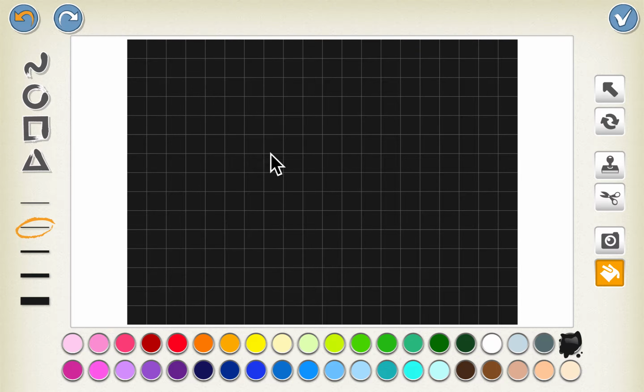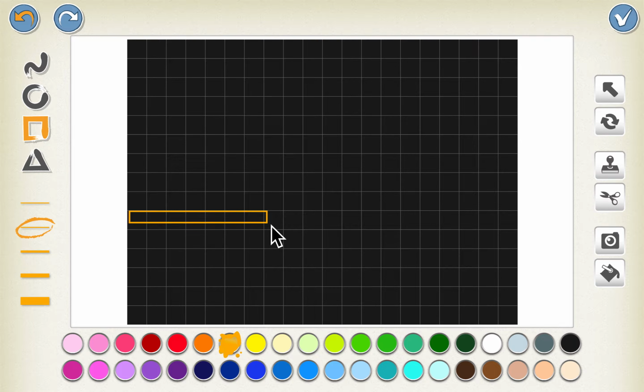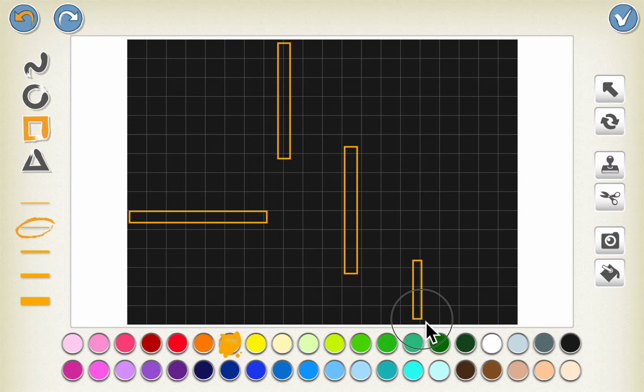Now we have to make the hurdles in the form of walls for the Pac-Man game. Let's click on the square box and select the orange color. Now we can create the hurdles. You can also think of your own design for creating the hurdles. We are creating the walls so that the Pac-Man faces some difficulty while moving from one end to the other. And this is just to add a little level to the game. So I have created the walls.